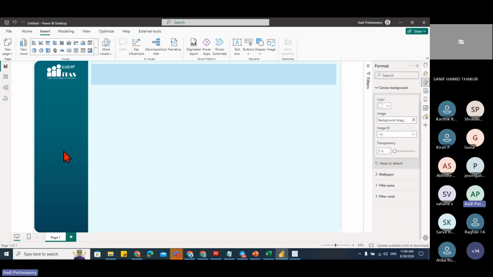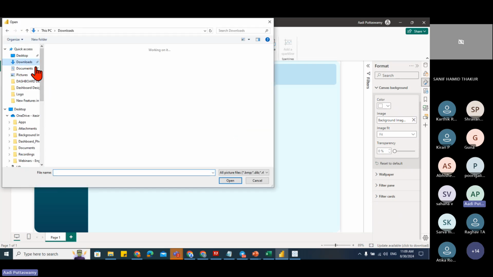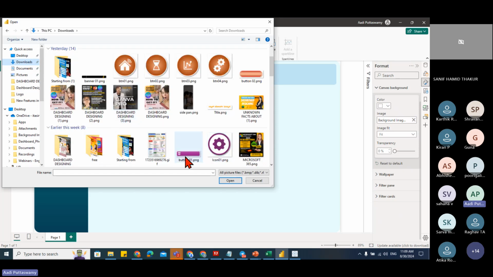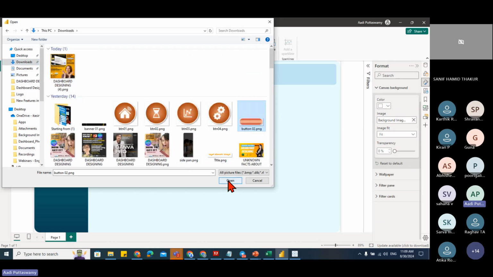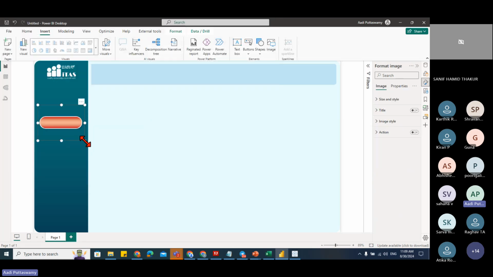Now here I want the buttons, right? So what I'll do, I'll go to insert image. And here we just created some buttons, right? This one, created one more. Okay, let's take this only. Might be the colors might not match, but since I don't have time to create, we'll go here and try to take these buttons. See,